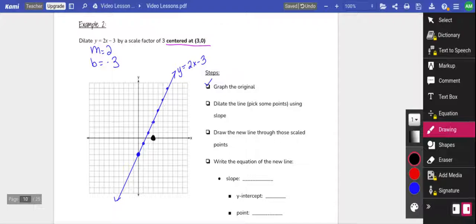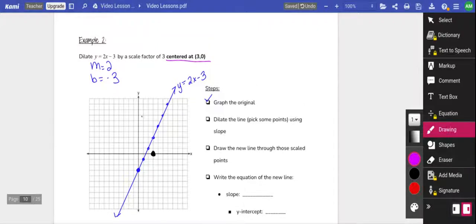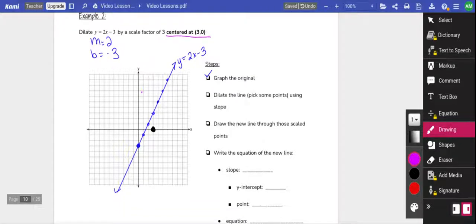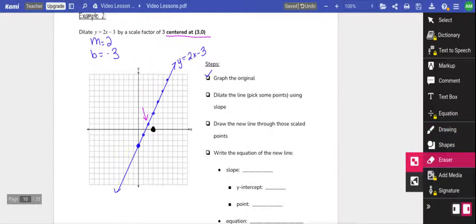That is my center. All right, so I'm going to pick this point. Oh, excuse me, sorry, it moved. I'm going to pick this point again because it's close to my center. It's less counting for me. So to count to that point,